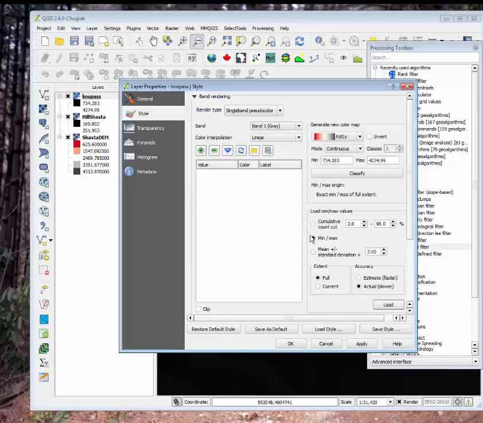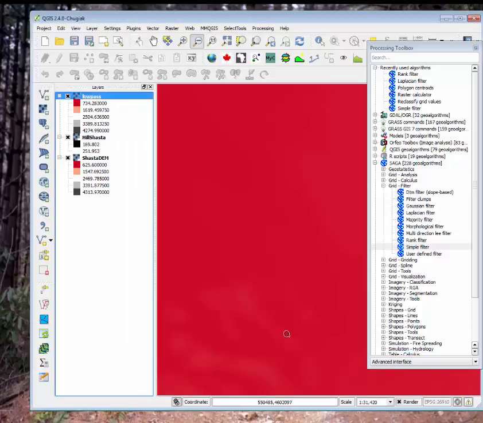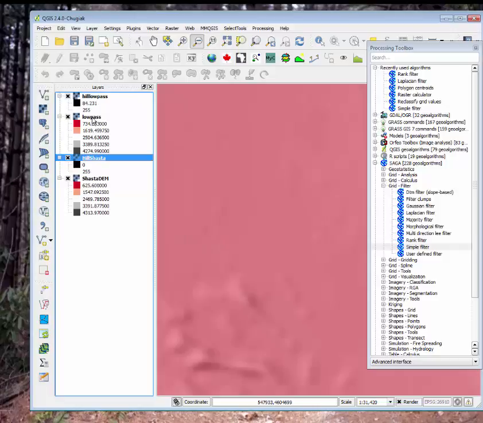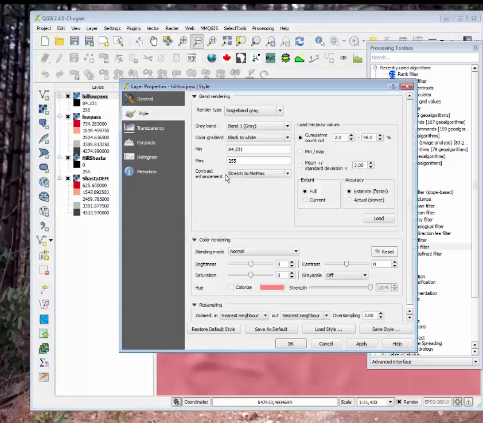You want to remember, we do minimum, maximum, actual for the accuracy and load it, and then we're going to classify it so we could bring our colors up. And now I'm going to do a hillshade. So now I've got the low pass, I changed the colors, I derived a hillshade using the raster hillshade at 25 and a vertical angle of 25, and I did a couple of things here in properties.